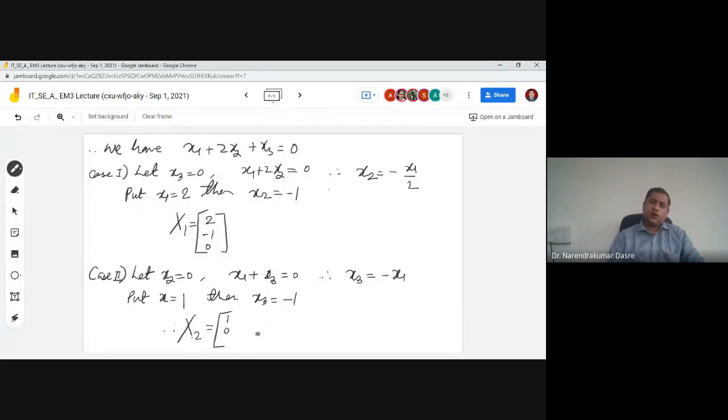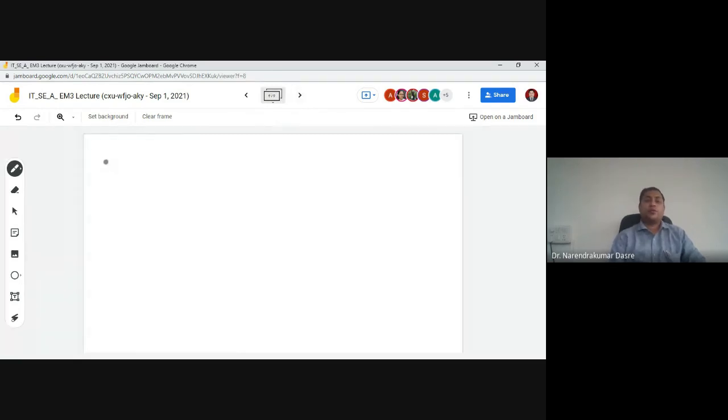So x2 already we have said 0, and x3 is minus 1. Hence here, what we got: x1 is equal to (2, minus 1, 0), and x2 is equal to (1, 0, minus 1) are the eigenvectors